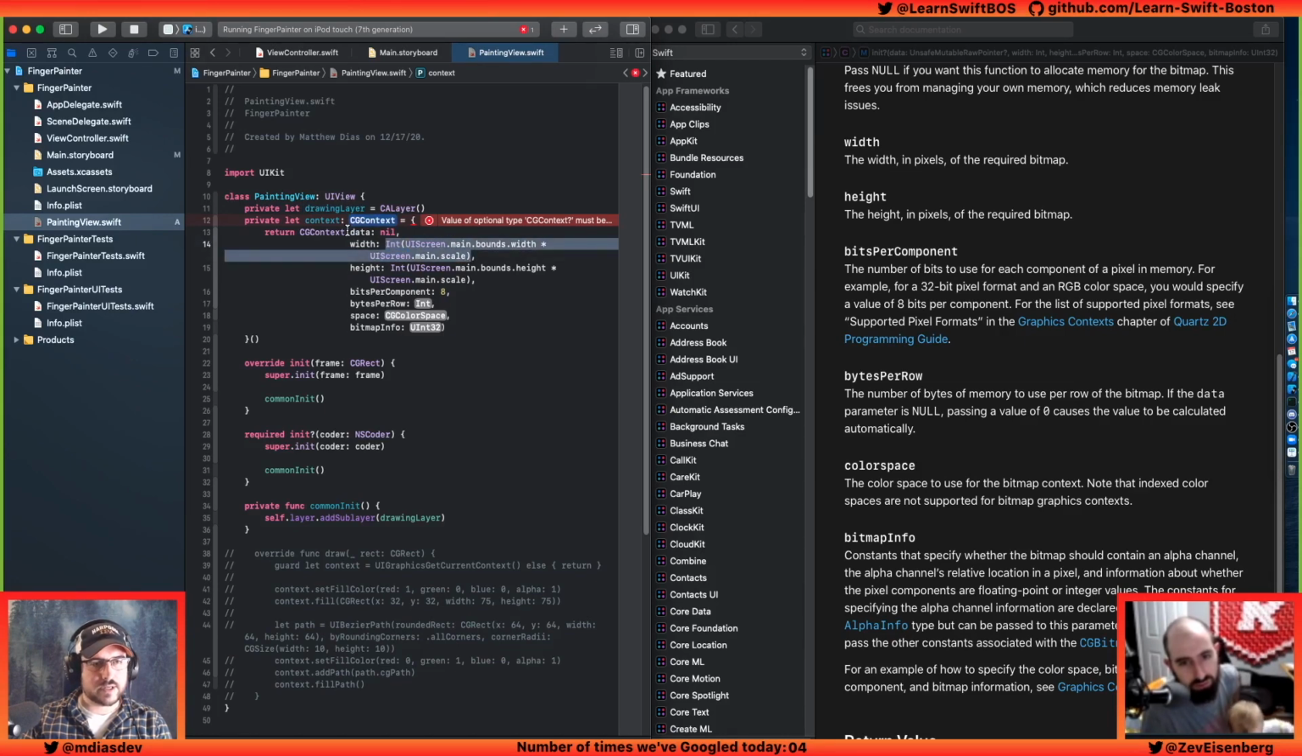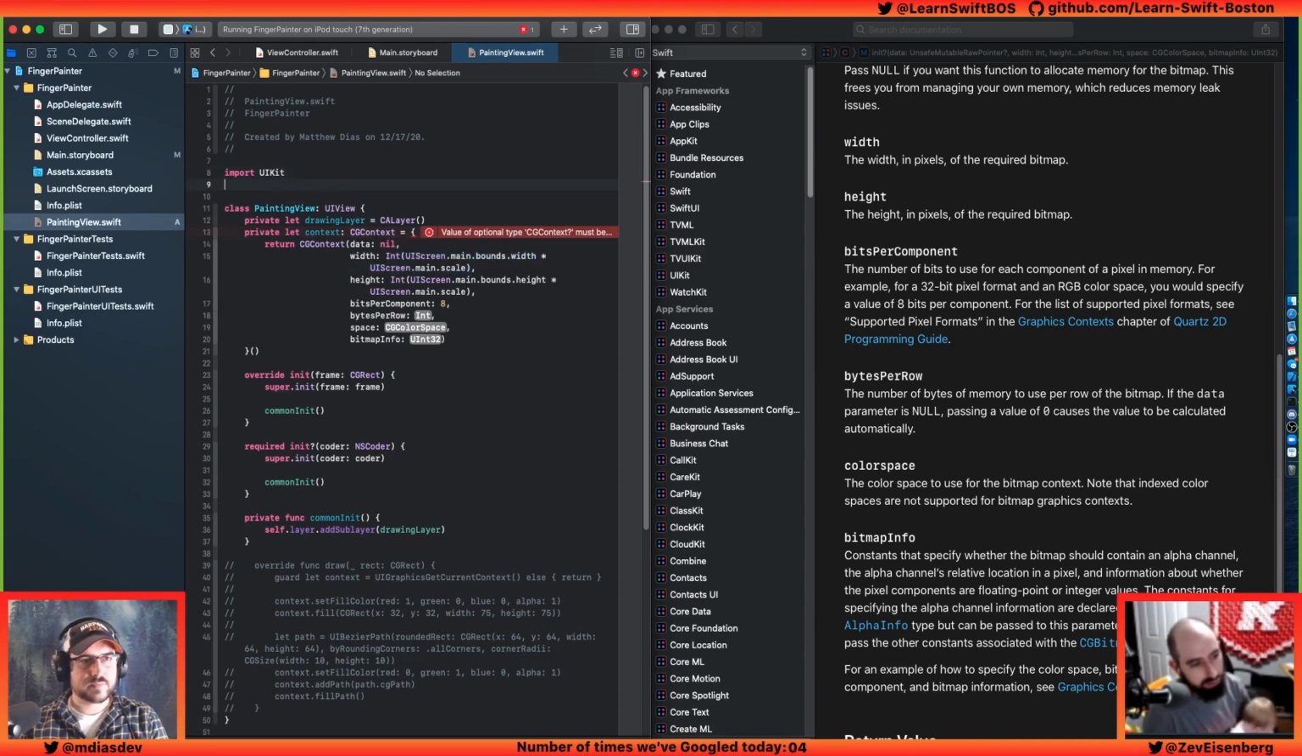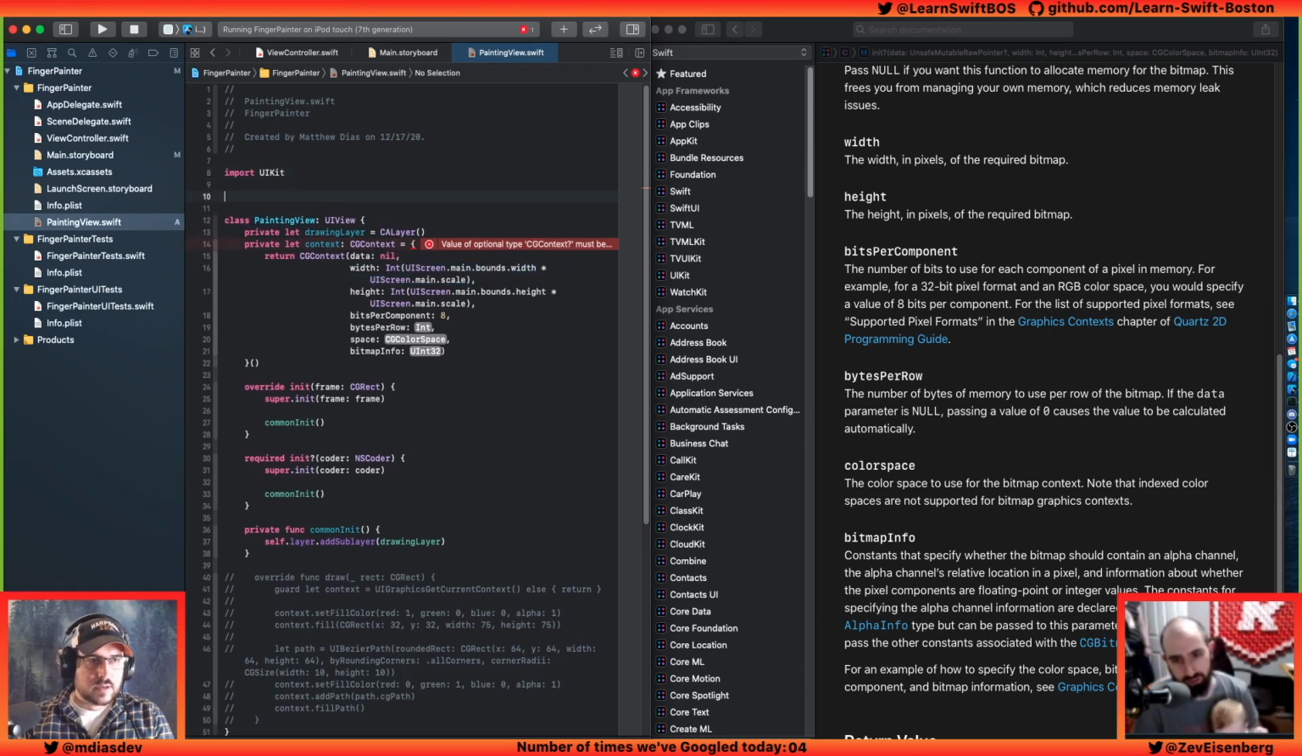There's a question in chat. Why are we adding our own layer instead of using the one that comes with it? Oh yeah. So if you go and look in the docs for,